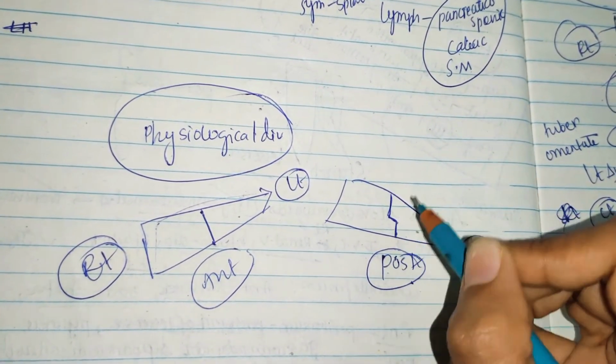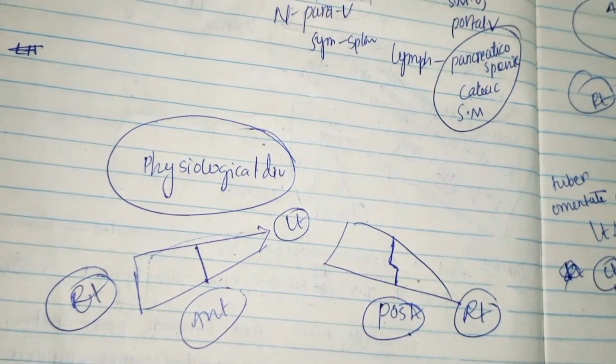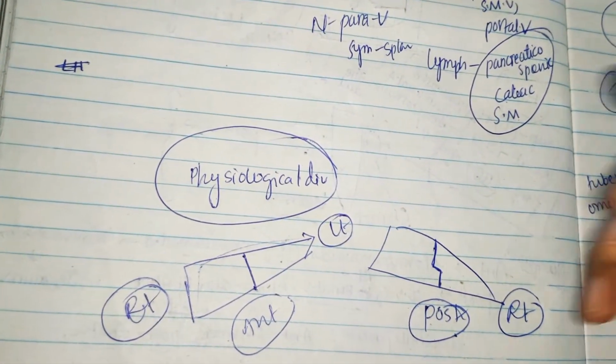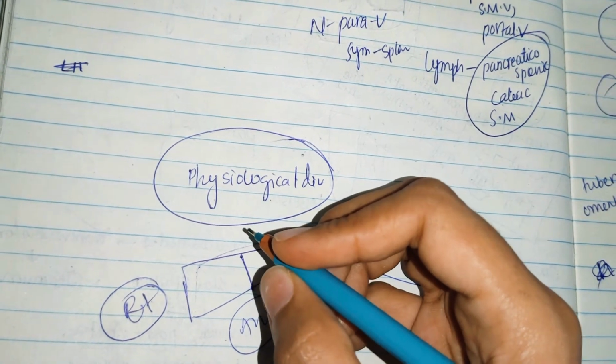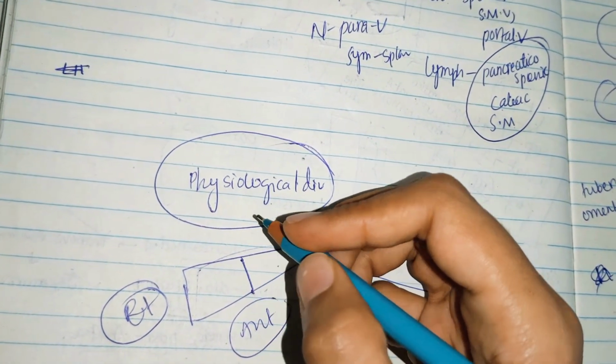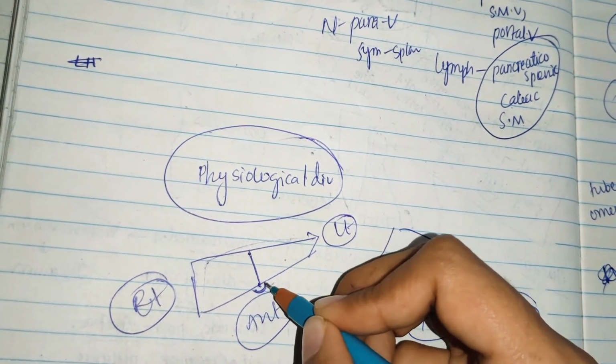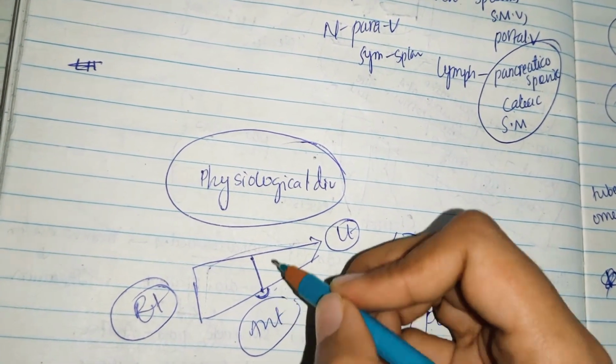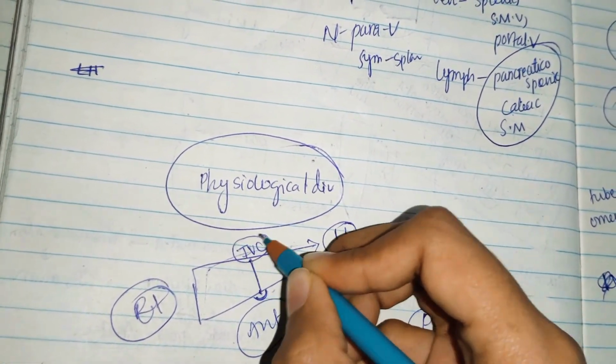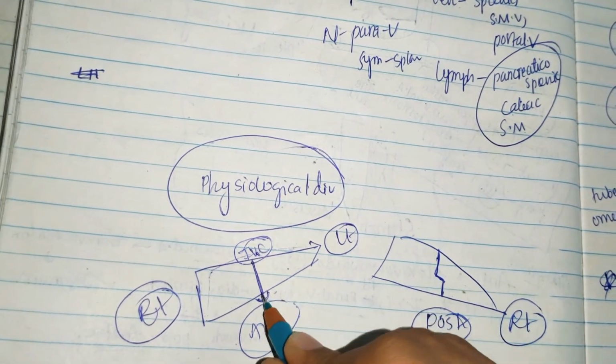So what is this line by which basis we are drawing? Let us see the points. First, you need to draw a plane from the anterior superior surface joining the cystic notch. You know, here will be the cystic notch. So joining the cystic notch and the inferior vena cava. Of course, here will be the inferior vena cava and here will be the cystic notch.